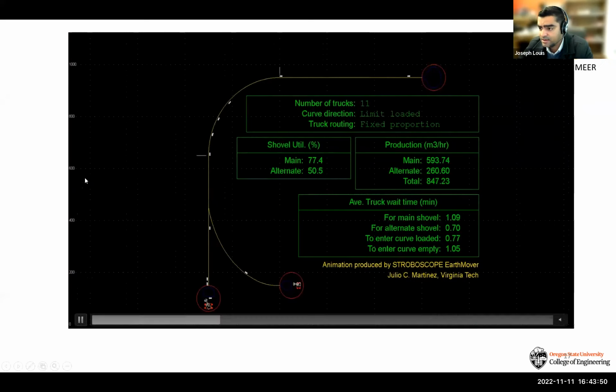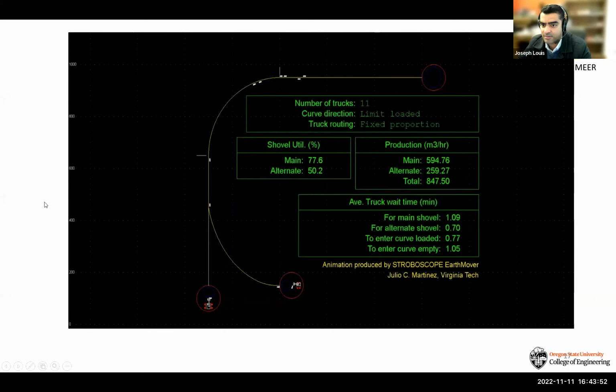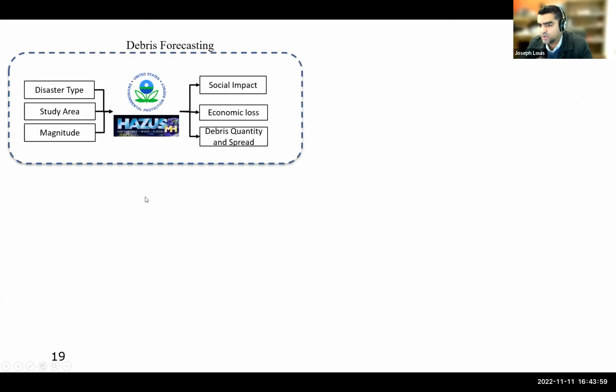All right. So quickly, I'd just like to talk next about how these can be integrated all together with tools that we're familiar with. So we've spoken about debris forecasting, right? And for these, they take in inputs like disaster type and study area and the disaster magnitude, and tools like